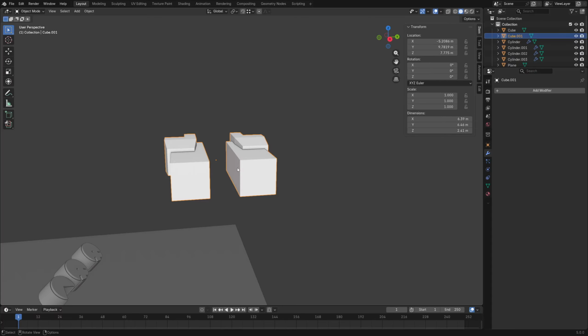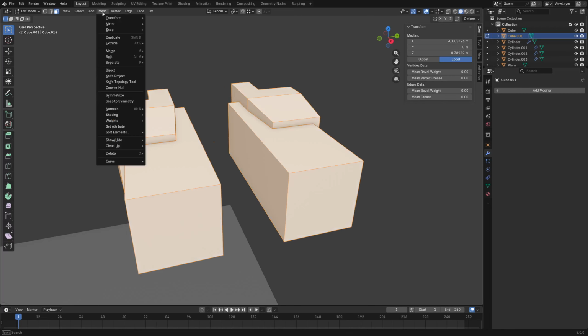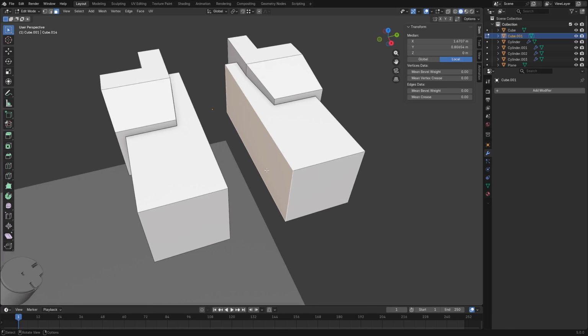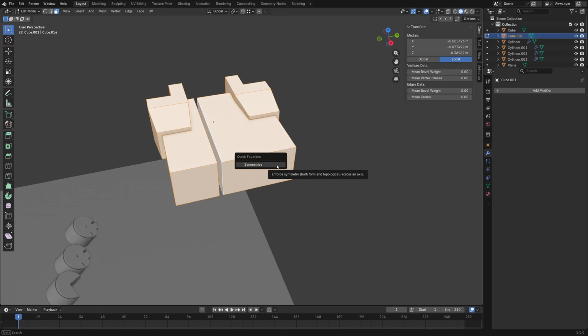All right, so the whole point of this was to just say that if you're trying to symmetrize a lot, you could set it to a hotkey, but you can also use what's called quick favorites. So assign to quick favorites. And now if we're working on this model and we want to bring it over, we can press Q